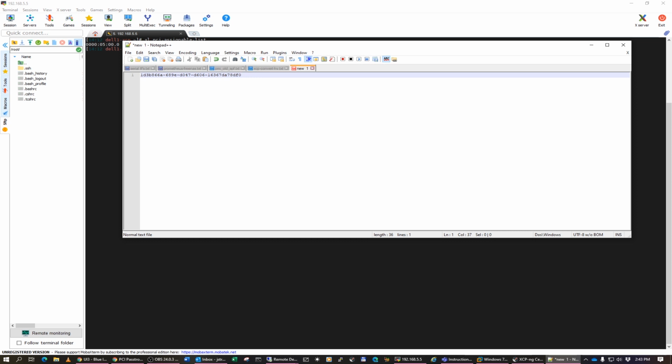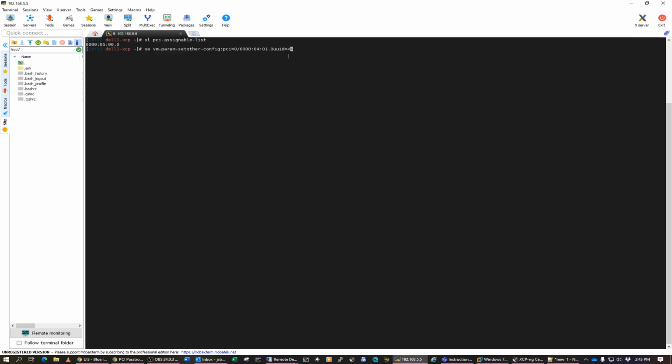So come back and we'll copy this, and we'll paste that in there. Oh, let's see here. Syntax error near unexpected token newline. Okay, I see what the problem is here. It needs to be